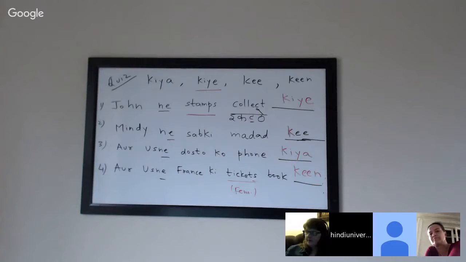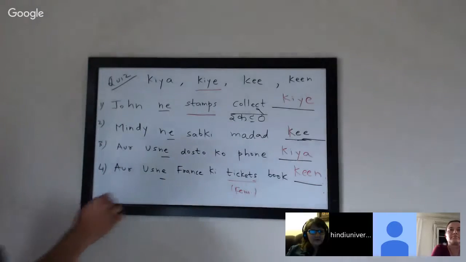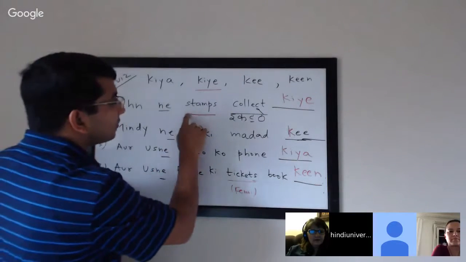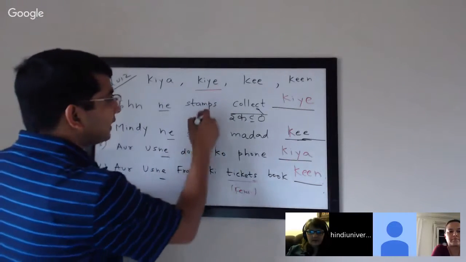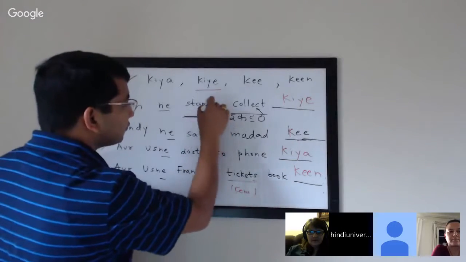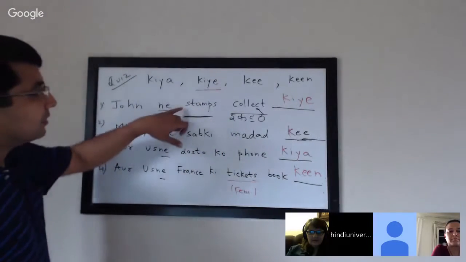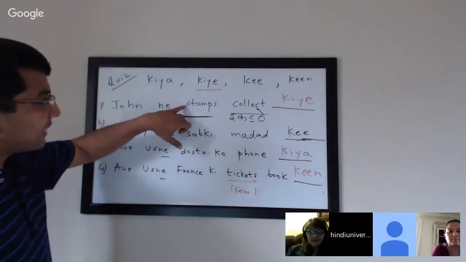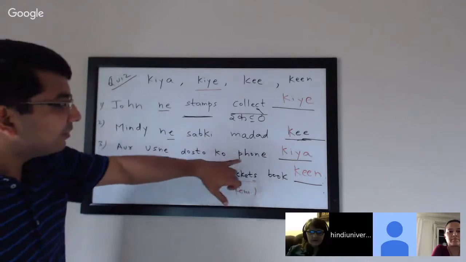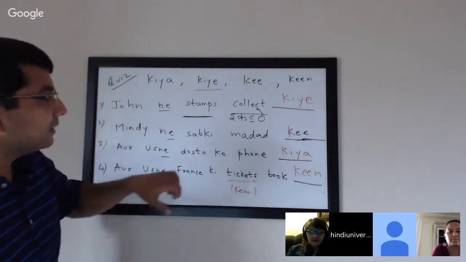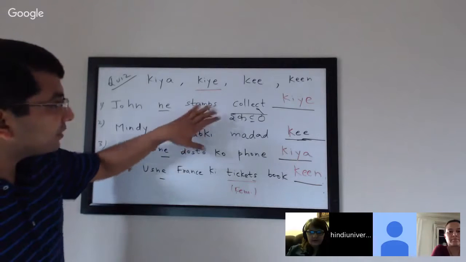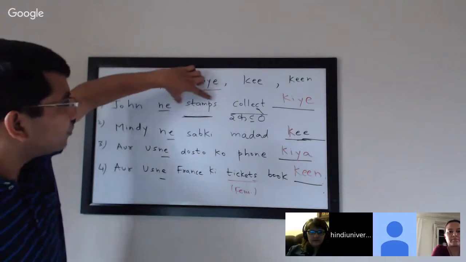Okay, so let me see. There's one correction here. I think Elena raises, she asked a very good question here. If in case I said something incorrectly, it should be decided based on the gender of stamps, mother, phone, and tickets. In case I have said subject, it should be based on what you're using it for.